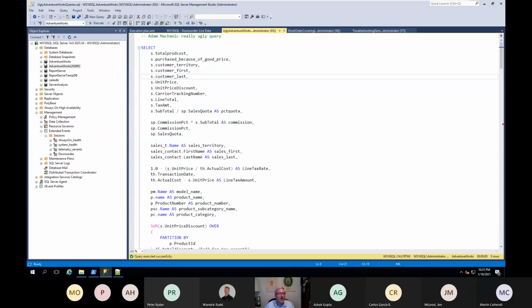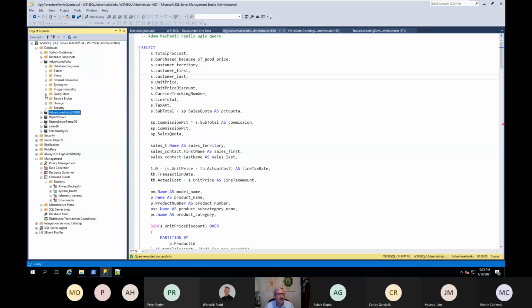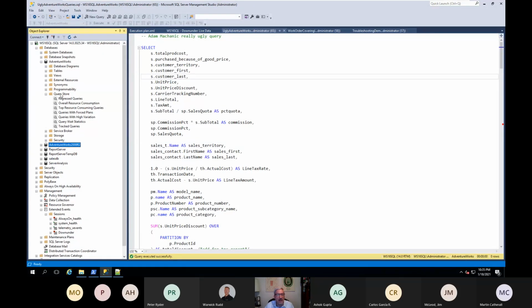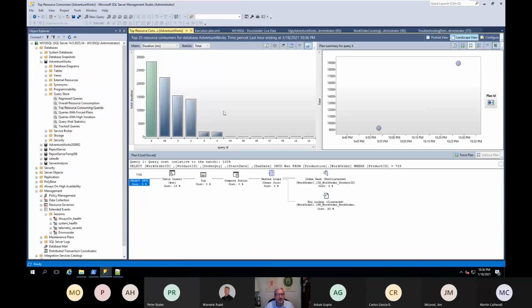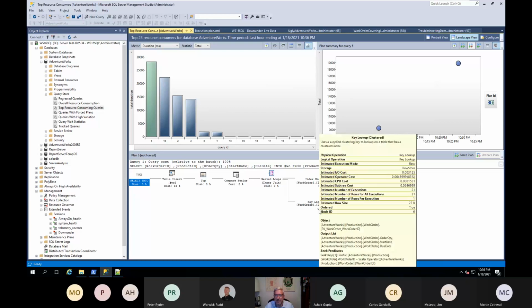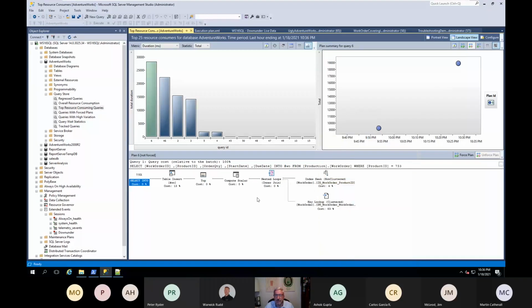I've enabled Query Store in my AdventureWorks database, and because I've enabled it, this Query Store item appears in Object Explorer. And I'm just going to go to top resource consuming queries. And if you notice, the top resource consuming query is my key lookup, right?